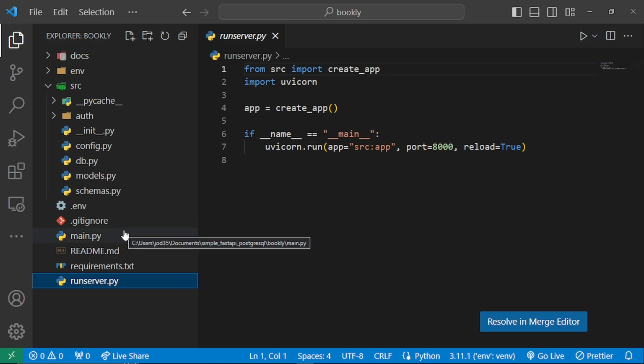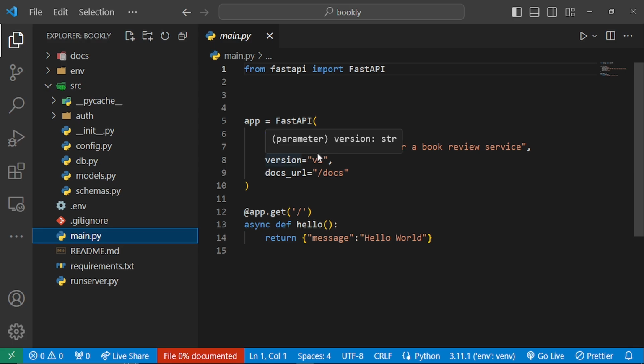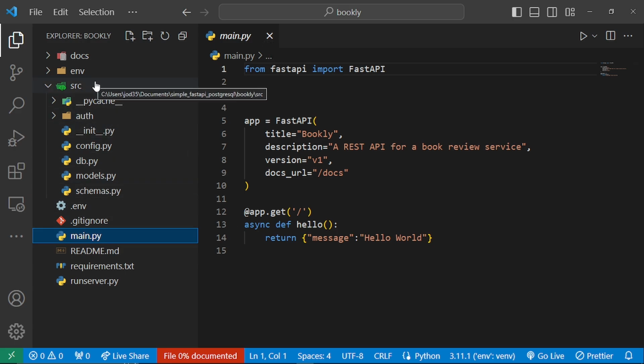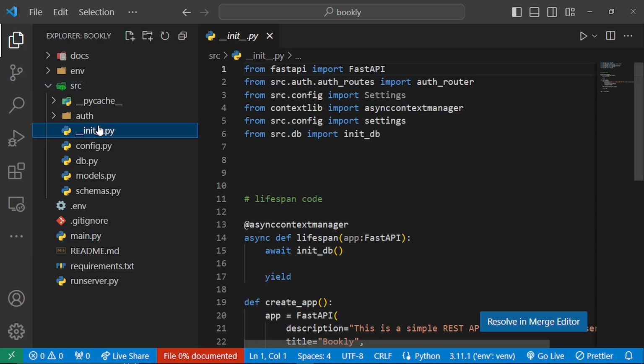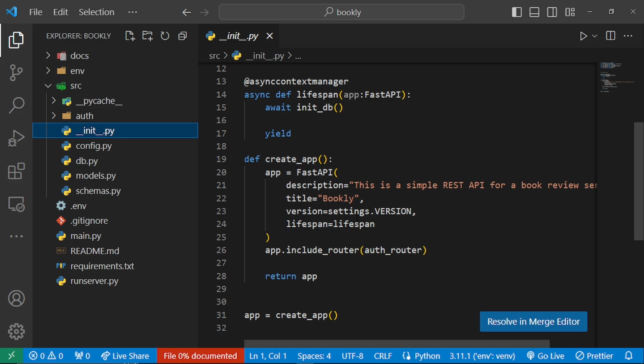So when we navigate to our app here, this is one file where we create our first API instance, and we return a simple message of hello world, but everything is happening inside our source folder right here. So we have an init.py where we go ahead and create our app. I'm using something very similar to what the create_app function does in Flask,